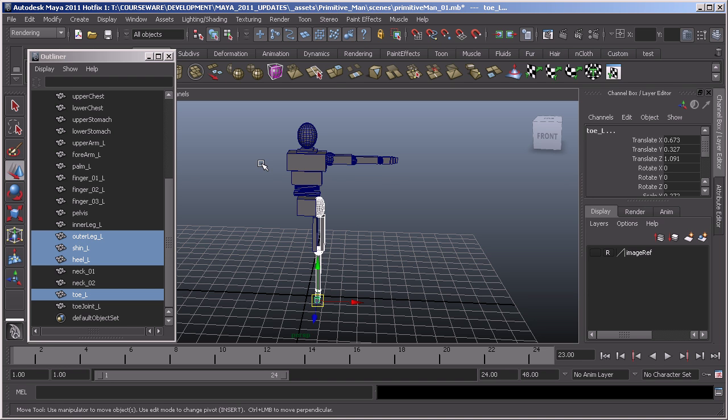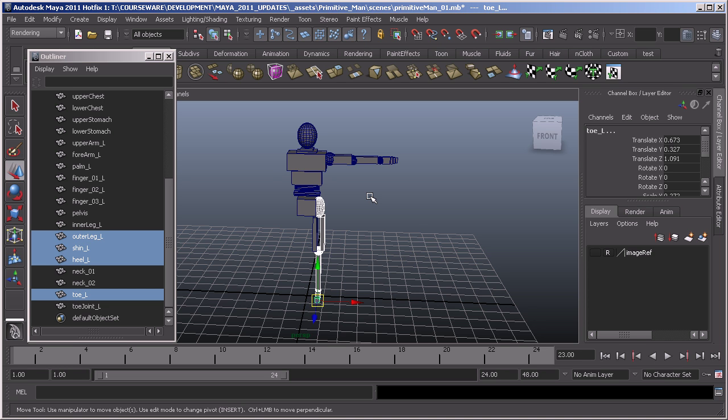Initially then, we're going to duplicate all the geometry, and rather than going through every piece and saying Control D, what we can do is place everything inside a group. Now, grouping is a principle that's explained within its own related how-to video, but by grouping everything, what we're actually doing is creating a brand new transform node, and that means that we have control over everything that sits inside